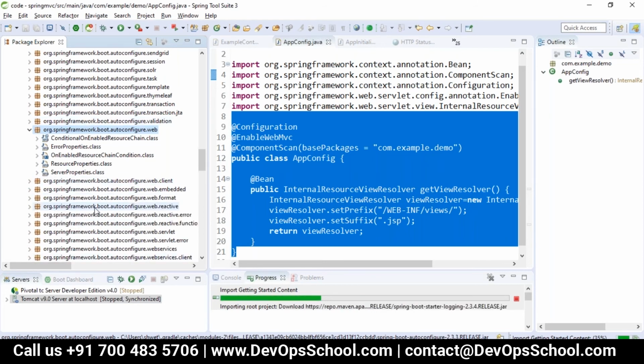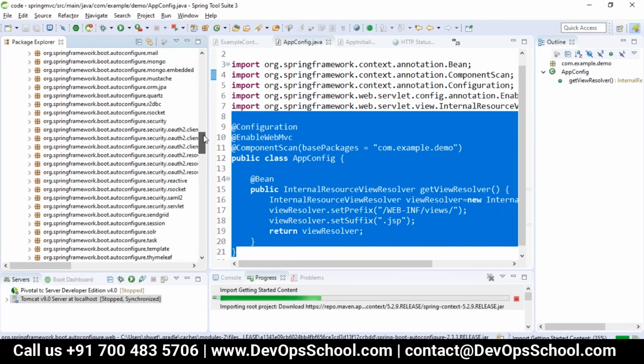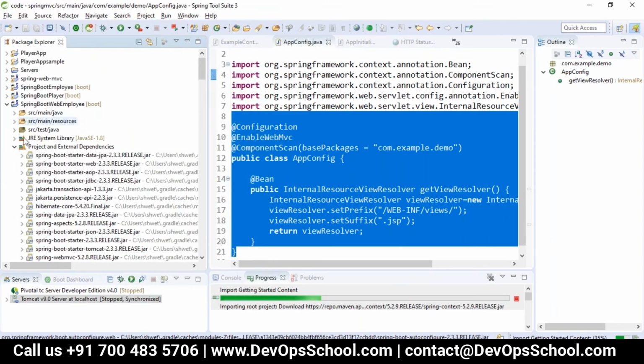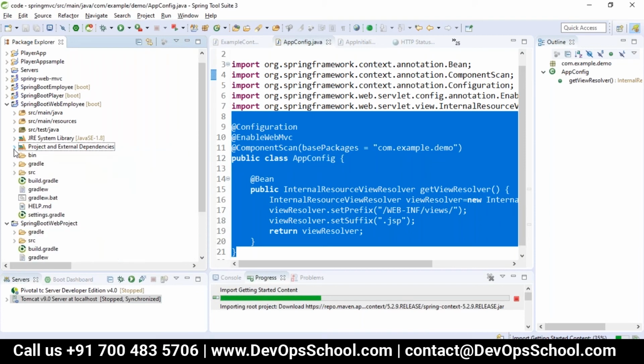All the auto configuration is already done here. This is what the dependencies make available. Whenever you add the Spring Boot starter web, the rest of the things will be taken care of by Spring Boot. You no need to do anything except writing your controller.